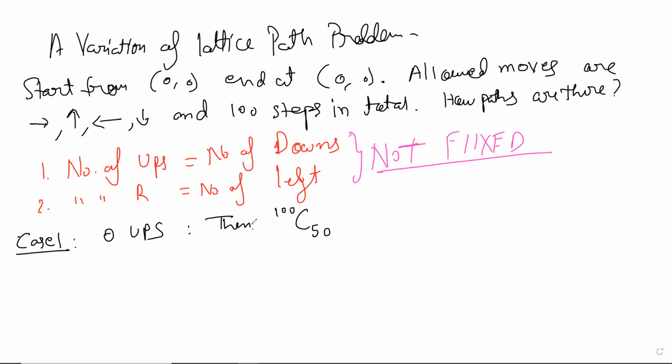This is just like the old problem. Yes, this is correct, because you just have R's and L's, just an arrangement of R's and L's, right? 50 R's and 50 L's, 100 choose 50. Right, so then similarly,